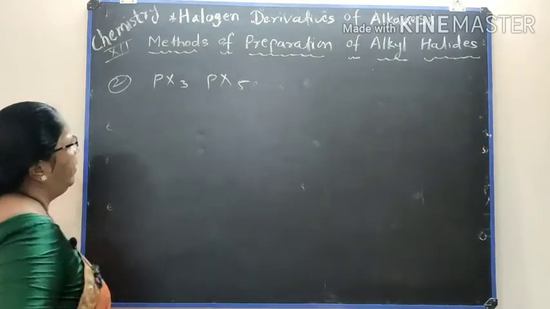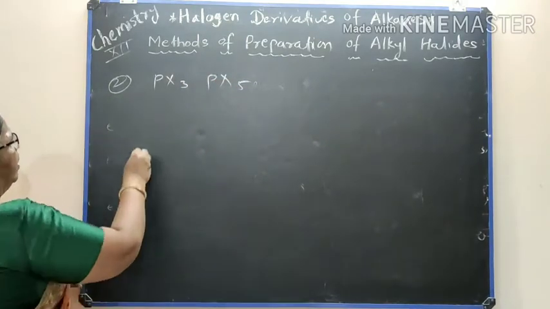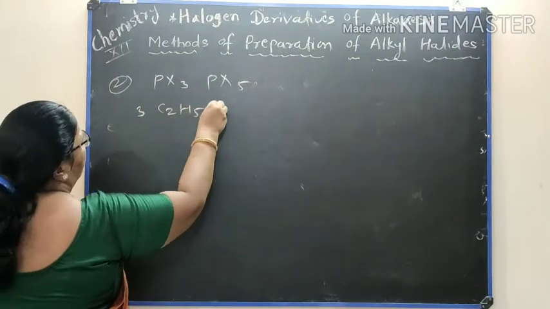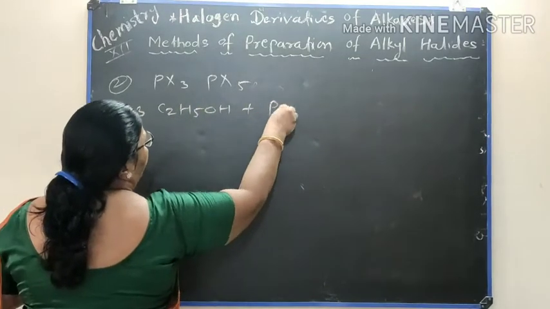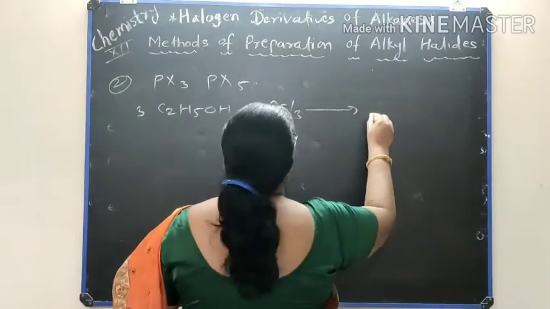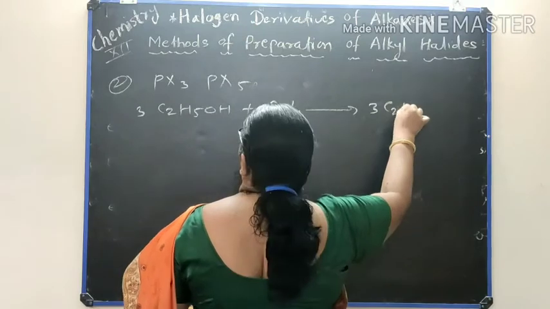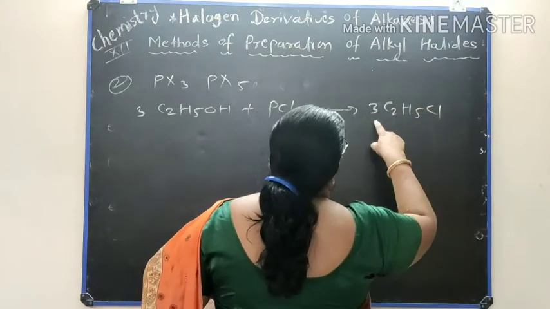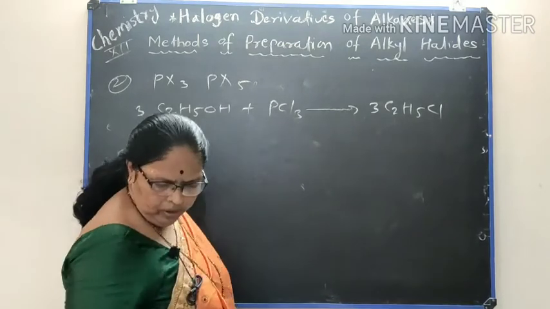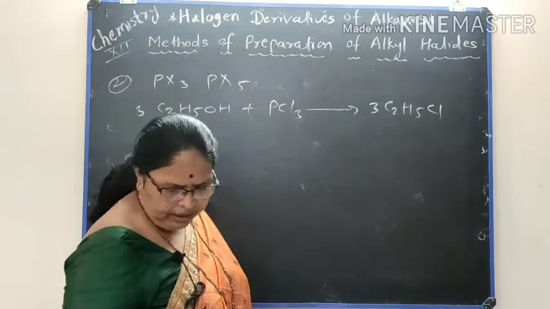Again we will see here, suppose 3 molecules of ethyl alcohol is treated with phosphorus trichloride, it gives here 3 molecules of ethyl chloride, as well as here